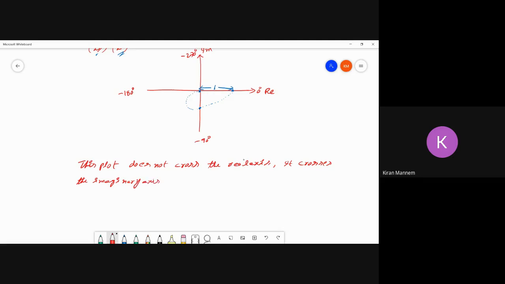So at the frequency given by the solution of